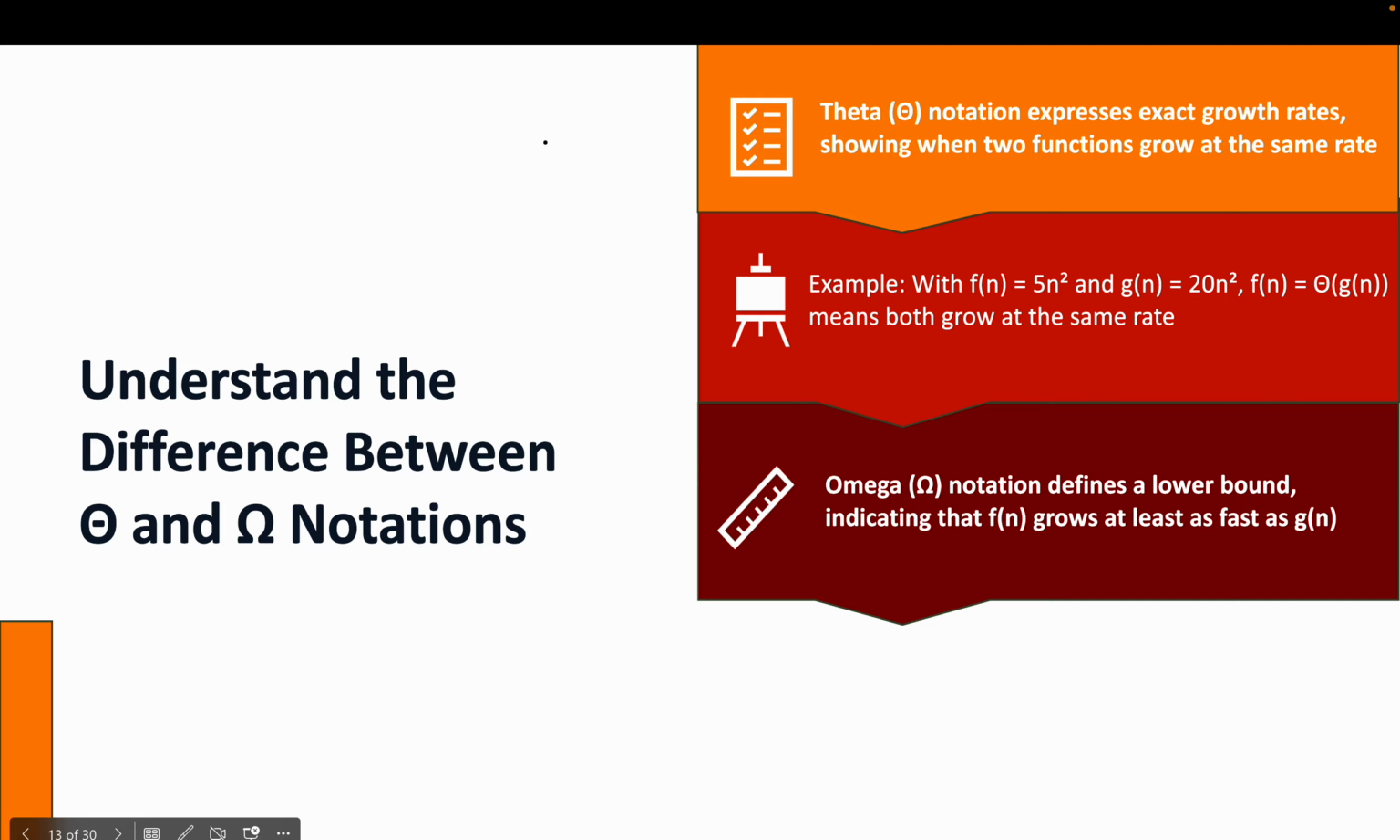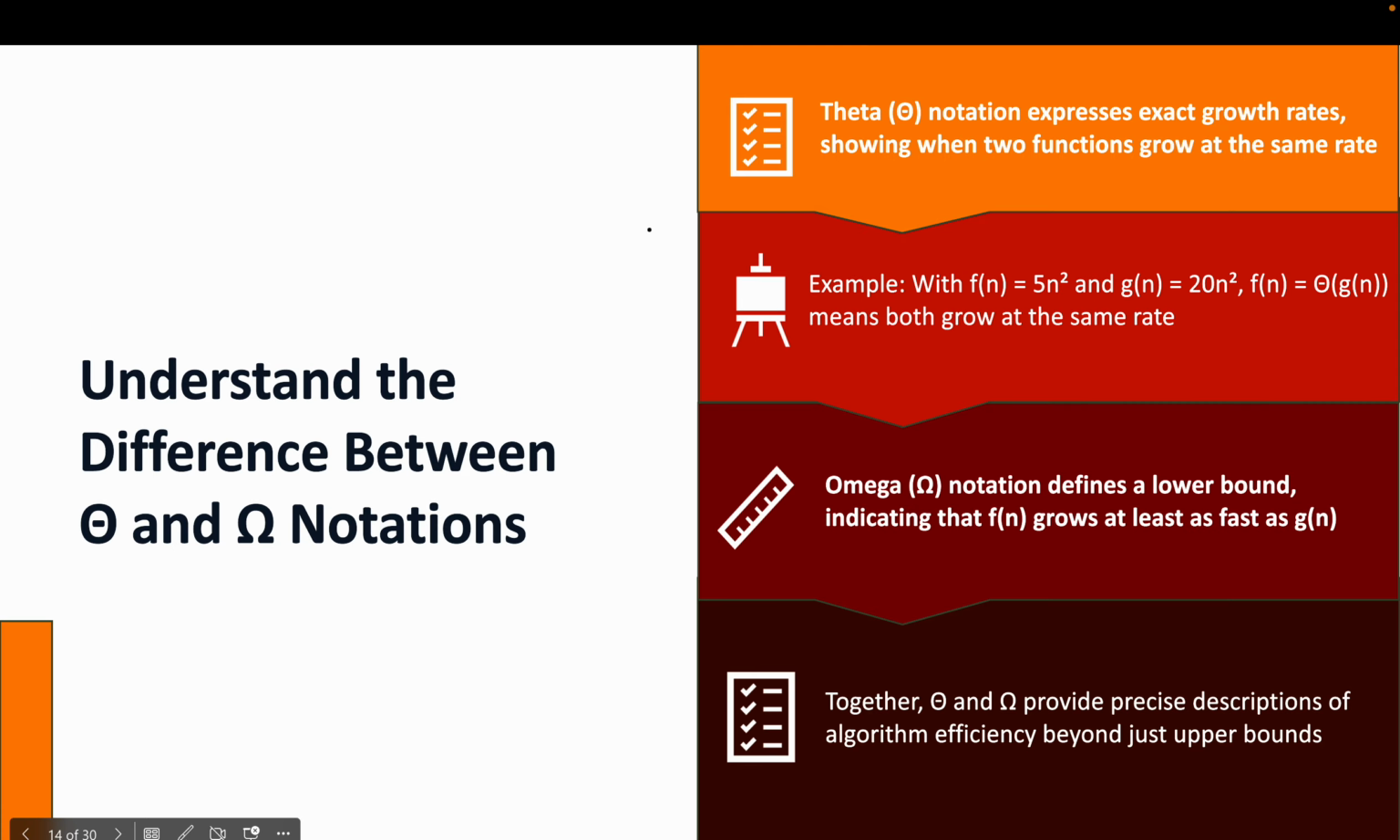And we have the omega. Omega is like a lower bound. It means that, for example, if f is like this, g will be like this. It means that g always has better performance than f. And by